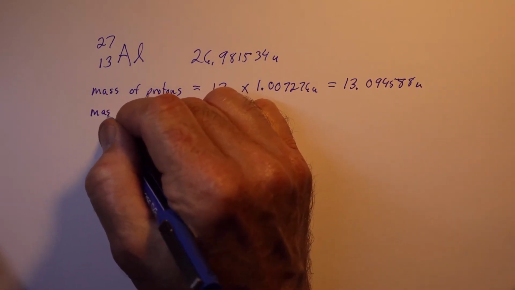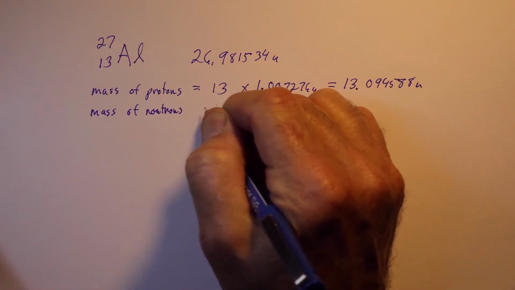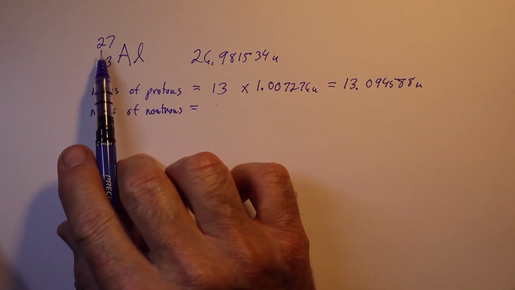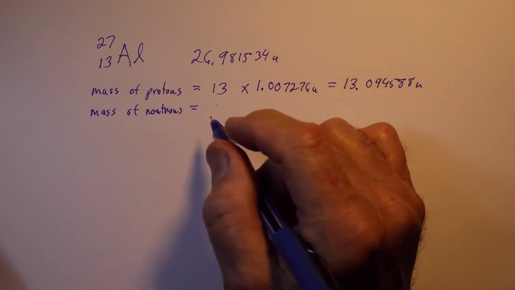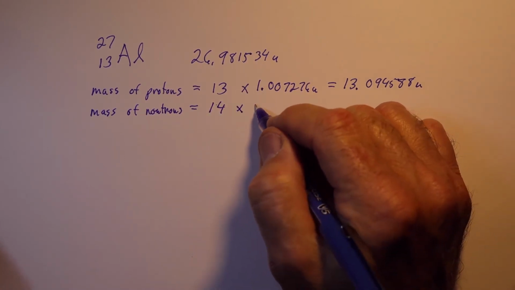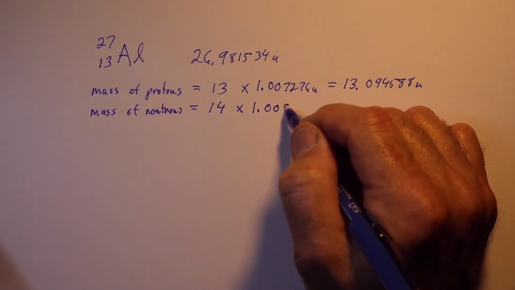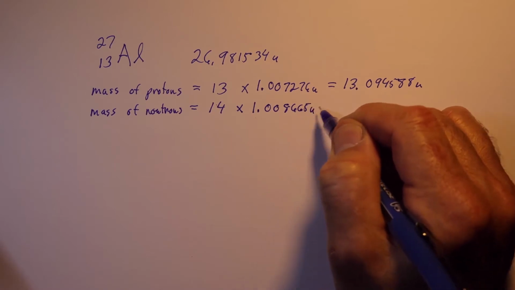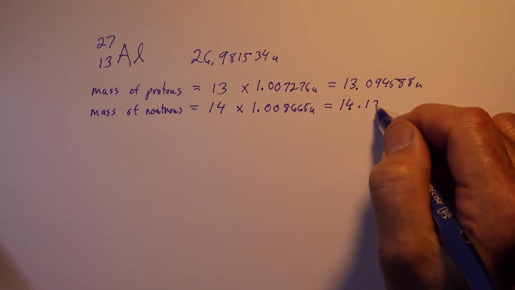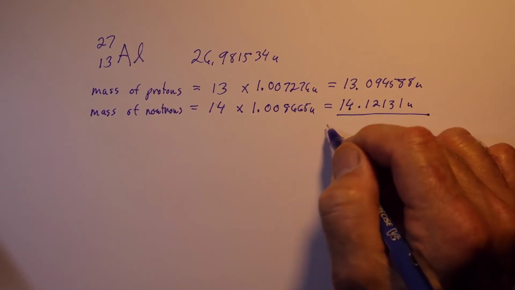And we also need the mass of the neutrons. Remember, it's 27 less the number of protons, so that would be 14. There are 14 neutrons in this isotope. The mass of one neutron is 1.008665 atomic mass units. When we multiply that out, we get 14.12131 atomic mass units. And when we add these together, we get